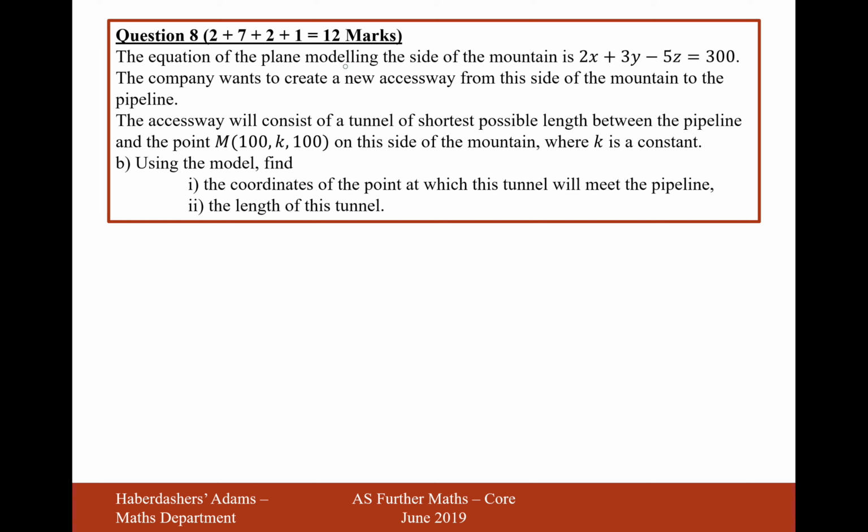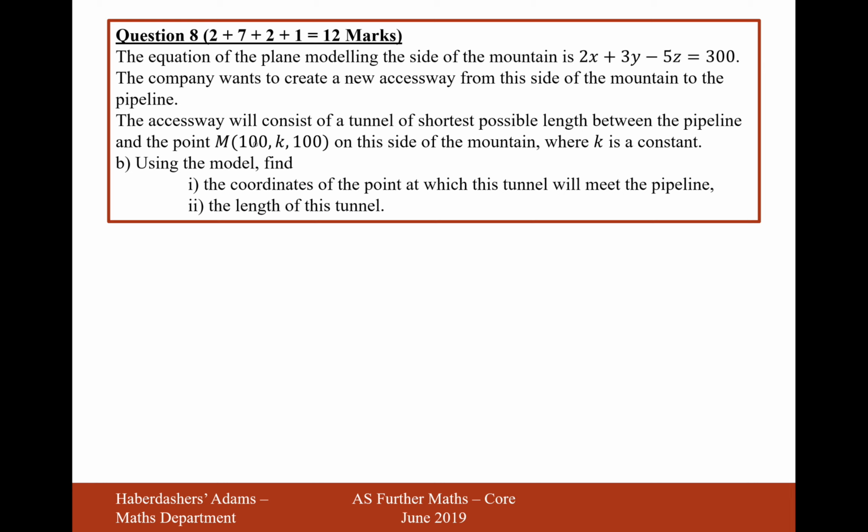The equation of the plane modelling the side of the mountain is 2x plus 3y minus 5z equals 300. The company wants to create an access way from the side of the mountain to the pipe. The access way will consist of a tunnel of shortest possible length between the pipeline and M, which has coordinates (100, k, 100) on the side of the mountain. Using the model, find the coordinates of the point at which the tunnel will meet the pipeline, and the length of this tunnel. Okay, so